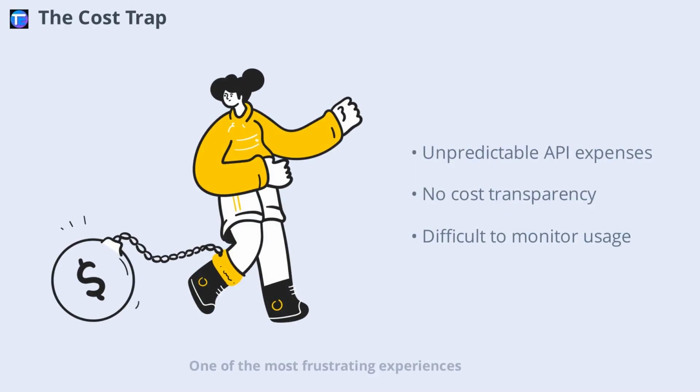One of the most frustrating experiences with LangChain is the hidden cost problem. Imagine running a simple document analysis, only to discover that the framework made multiple invisible API calls, racking up hundreds of dollars in fees. The abstraction layers make it nearly impossible to track what's happening under the hood. This lack of visibility is not just inconvenient, it can be a deal breaker for production systems where cost control is critical.